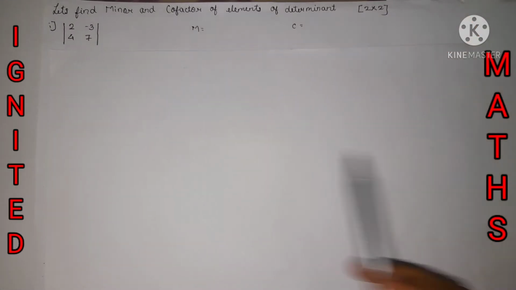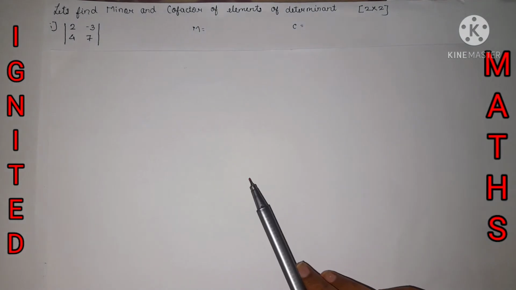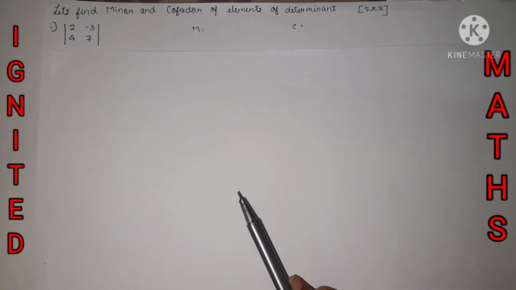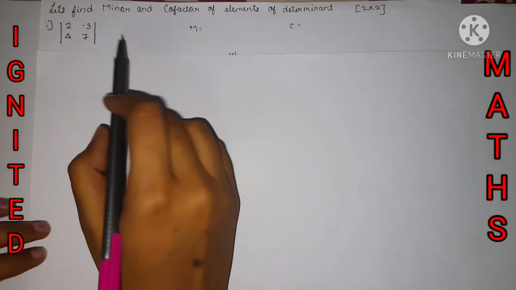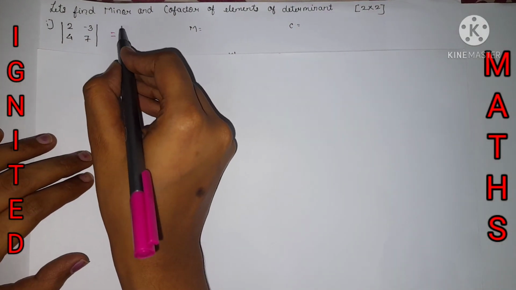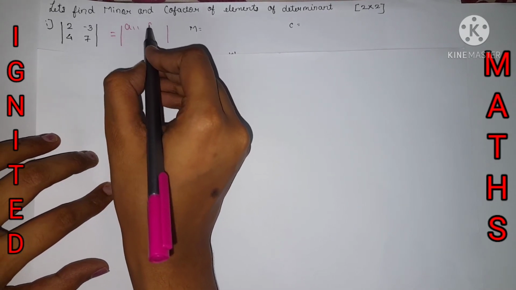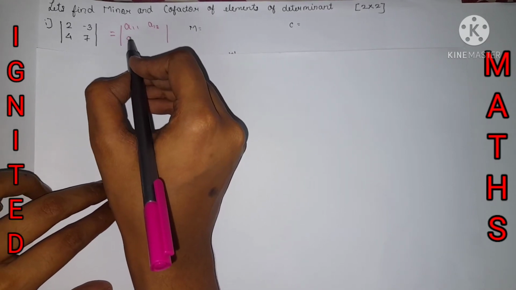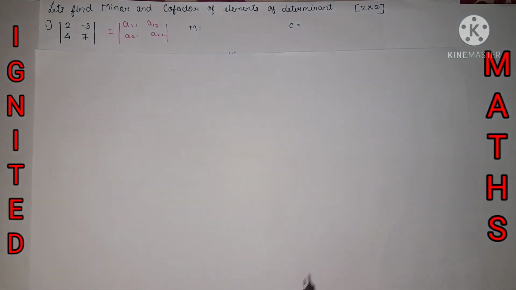Now the example in which we need to find the minor and cofactor of elements of a determinant of 2 cross 2, as previously we have seen with the aij term. Yes, now we are going to take numbers and find the minor and cofactor. The procedure is absolutely the same. To find the elements of the determinant in aij form, that is a11 element, a12 element, a21 element, a22 element, then it will be so easy to do it.